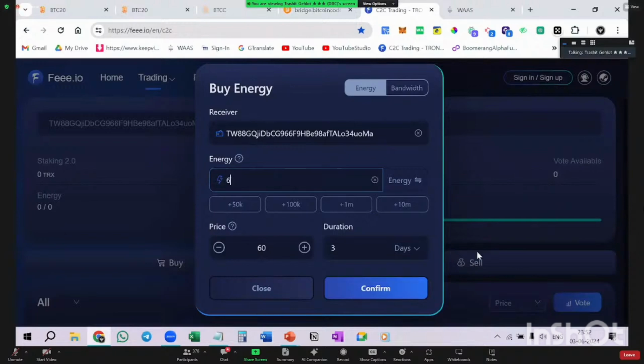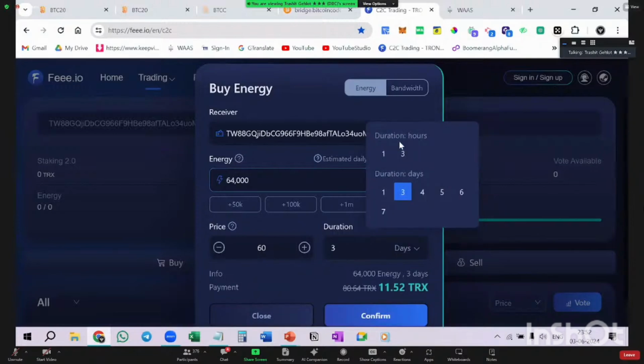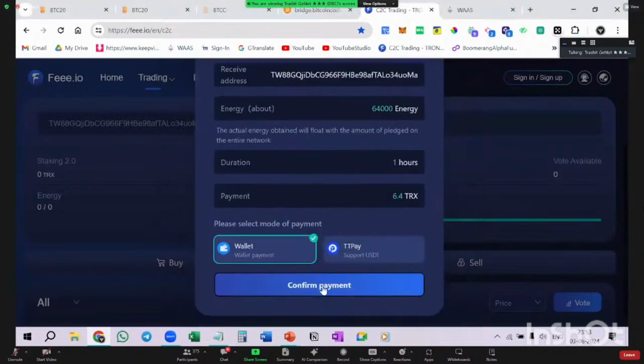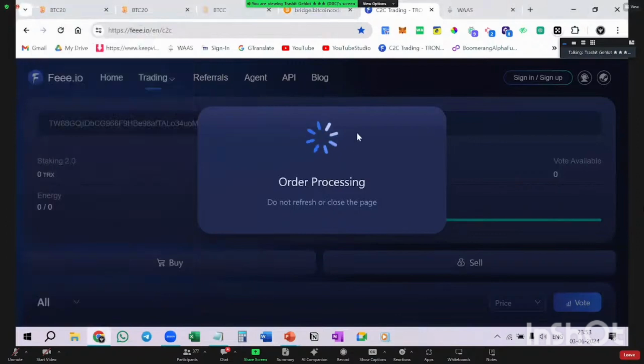So we are just going to perform a single transaction. So what I'm going to do is I'm going to borrow 64,000 energy, and you have this option over here. You can select the duration for how long you want this energy, like 1 hour or 3 hours, and after that it will lapse. So I'm just using it for a single transaction that we are going to do live. So I'm choosing 1 hour, and you can reduce the price as well. So you can see it charges you only 6.4 TRX for 64,000 worth of energy, right? So once I confirm this, it will place the order, and you need to pay 6.4 TRX,